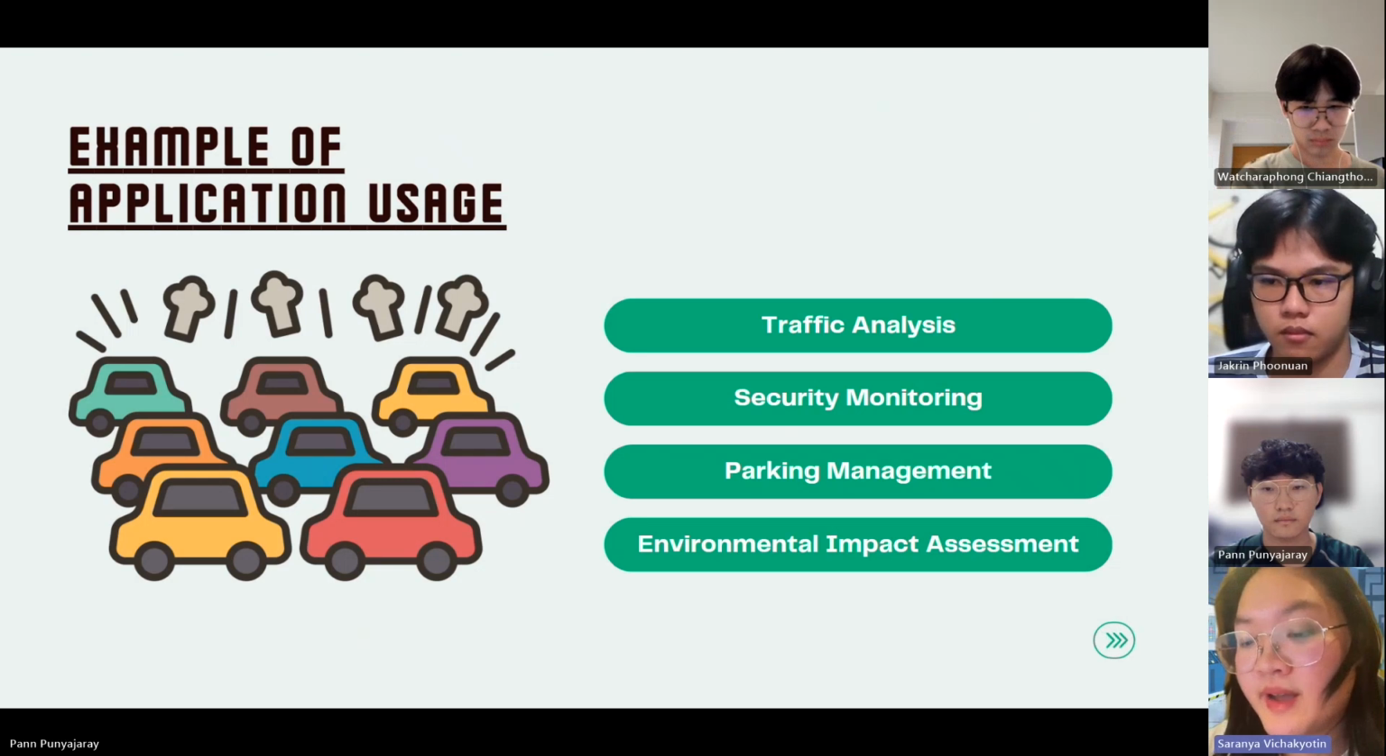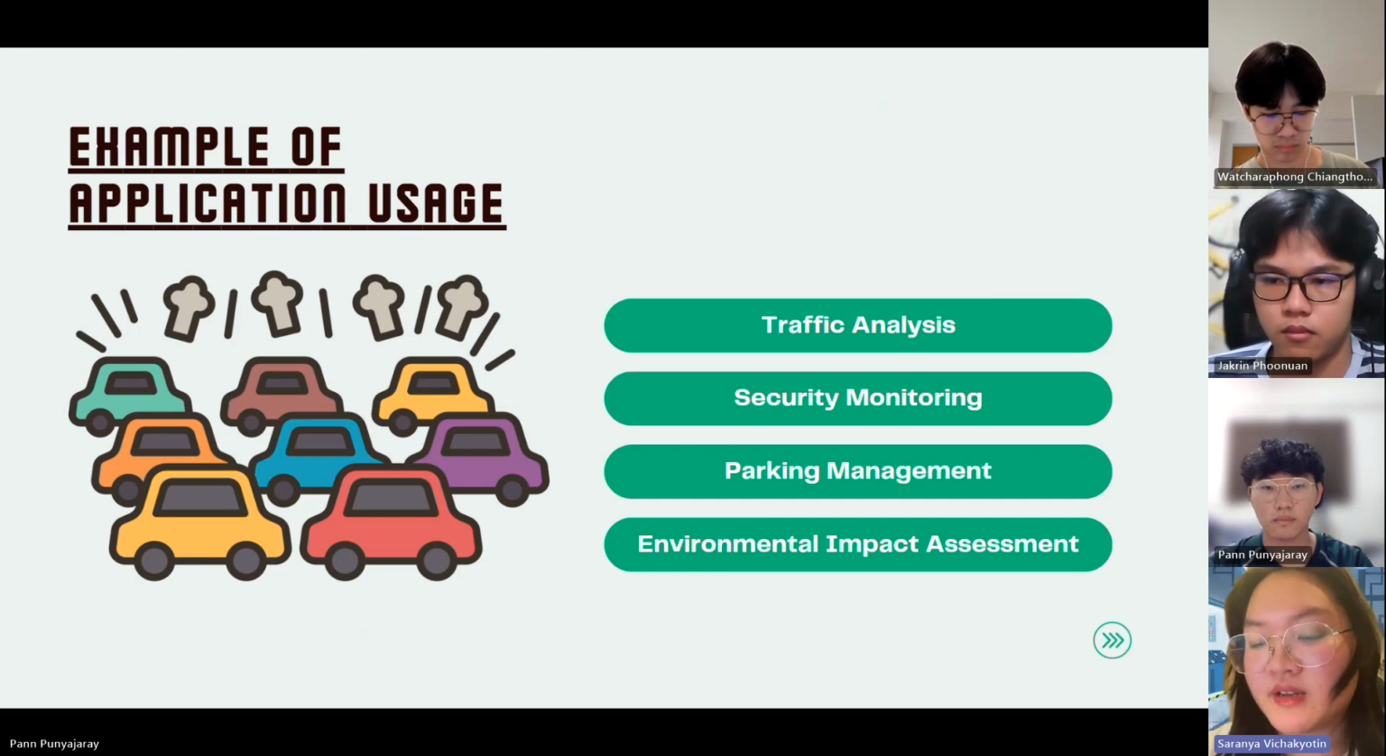The third one is parking management. Assess vehicle types passing through the campus to optimize parking allocation, improve availability, and implement tailored parking policies. And the last application is environmental impact assessment. Analyze vehicle types and frequency to assess environmental impact, guiding the implementation of sustainable transportation